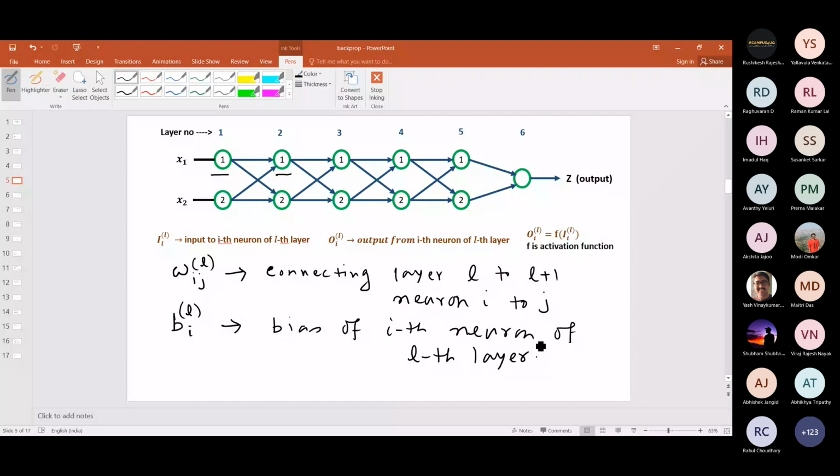Okay, so that is the kind of thing that we basically have to do. That is just a notation, because all I have to do is find out all the parameter values here. If you think about this particular network, there will be a bunch of parameters, W's and B's and so on. My job now is to figure out good values of W's and B's using backpropagation. So let's see how we can do that.